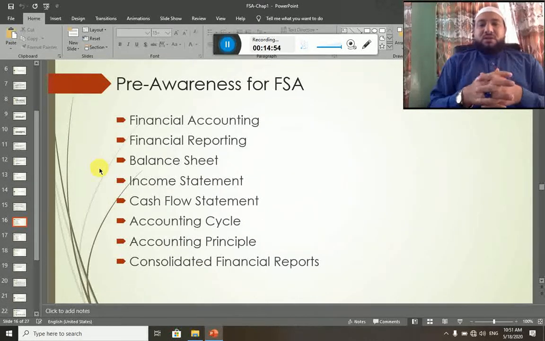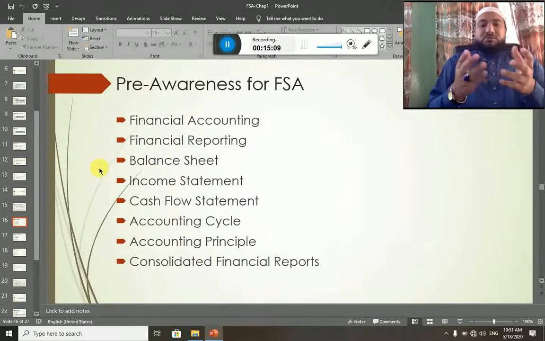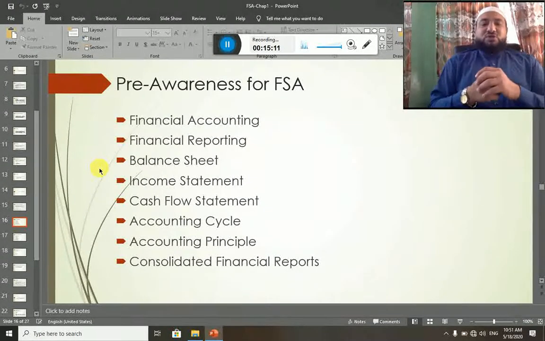Consolidated financial statements are prepared, and what are the purposes of consolidated financial statements? So if you have any questions on these things, it means you have less knowledge of all these things mentioned in the slide, and then you cannot be effective analysts of financial statements, right? So before going ahead and analyzing financial statements, we should have pretty good knowledge of all these